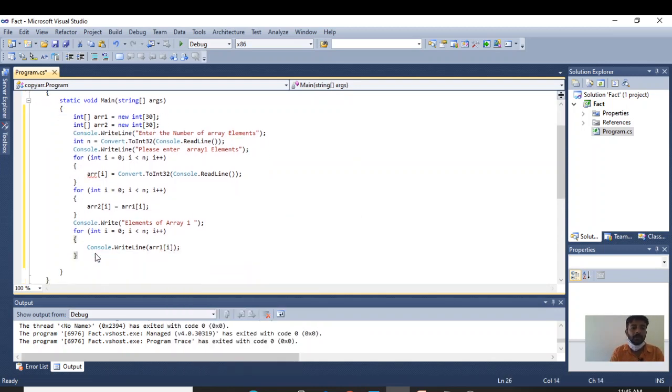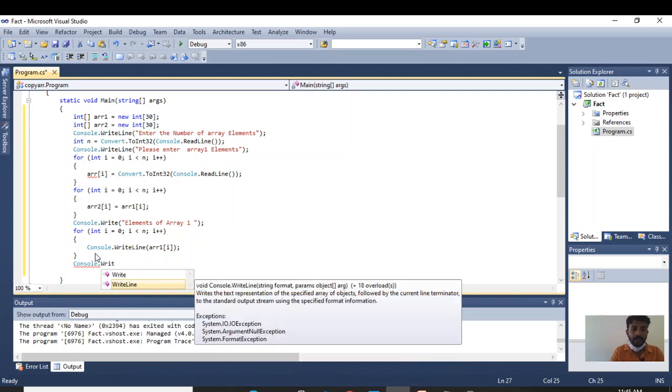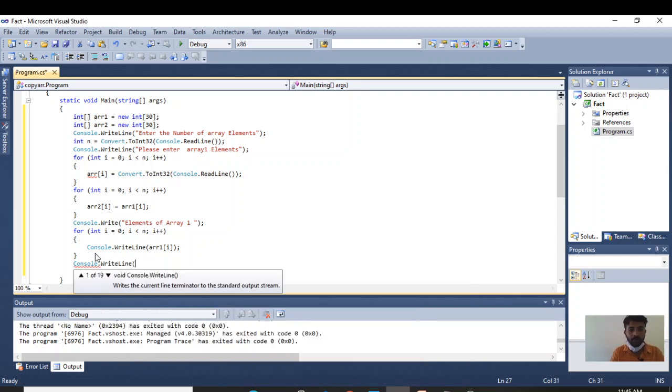Okay. Next, I will display the array elements of array 2 which are copied from array 1. Elements of array 2.